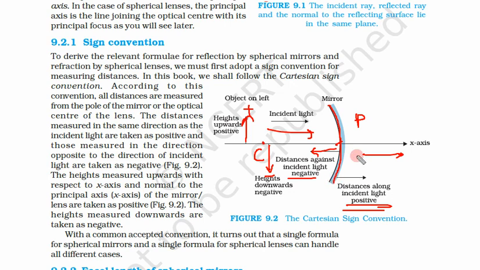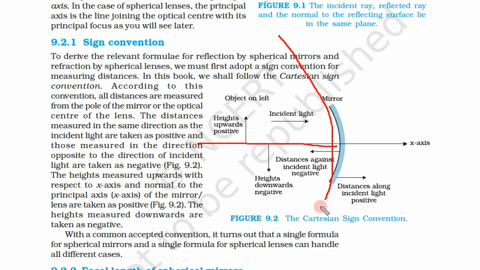Another important approximation in this chapter is that we will take the radius of curvature to be very large. If the radius of curvature is very large, then what will happen? In that case, we can approximate this mirror to a line. This is another important approximation that we will see. Suppose this mirror is AB. If the radius of curvature is very large, then this AB can be approximated as this line, and we are assuming that the radius of curvature is very large.